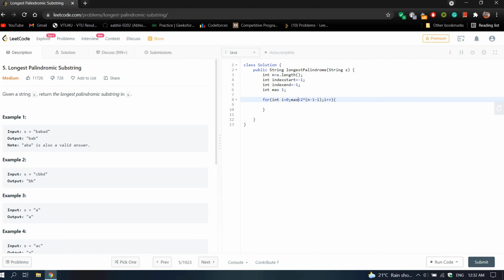Let's check for different elements. So now for no continuous elements, we will do a simple iteration.